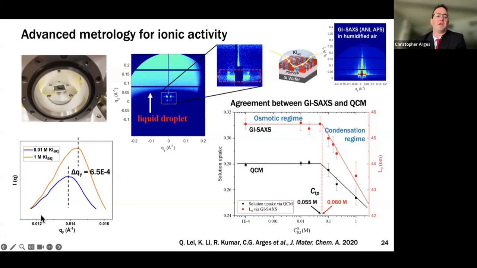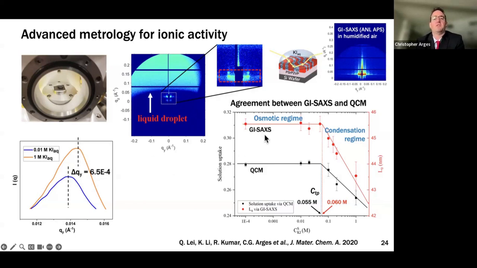And then if we were to zoom in on that first order scattering peak, depending on the concentration of the salt ions within the liquid droplet, we can change the Q spacing. So in this case where it's really more dilute, we get a lower Q spacing, which means a larger domain. And then as we feed in this more concentrated salt solution, we dehydrate the film, the Q spacing shifts to the right. That means the domains got smaller.